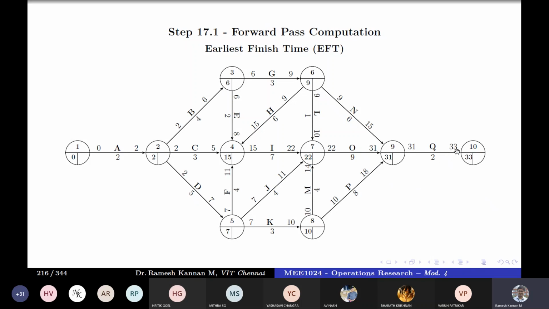Remember, this 2 has to be same. This 2 has to be same. And that is the final sanity check after activity duration. Event time and the early finish time of the last activity. The last activity has to equal the earliest event occurrence of the last event. If both are same, then our entire computation is correct, right?